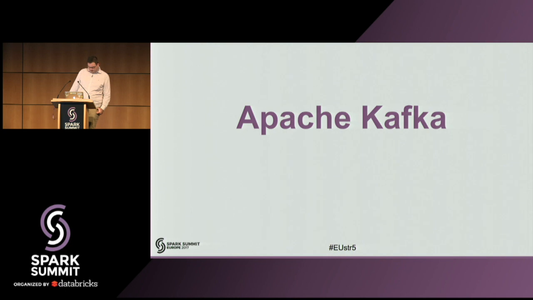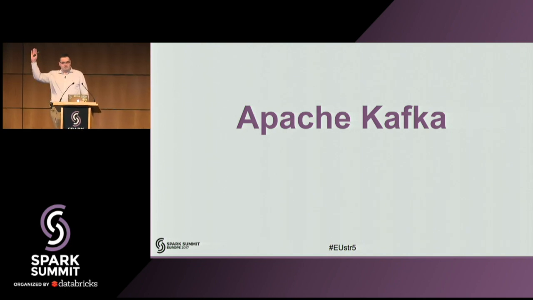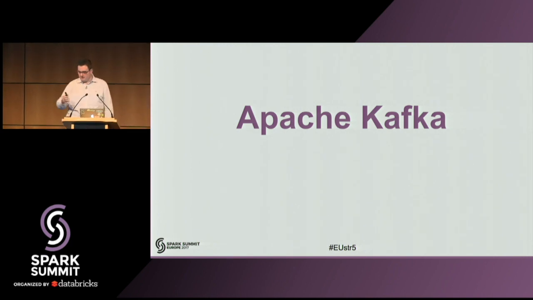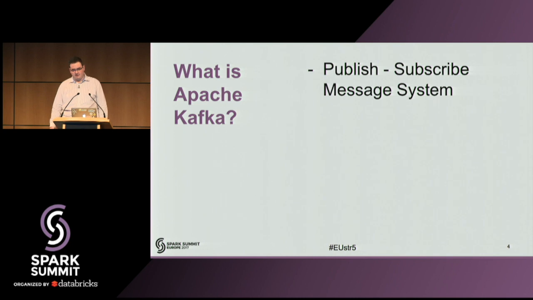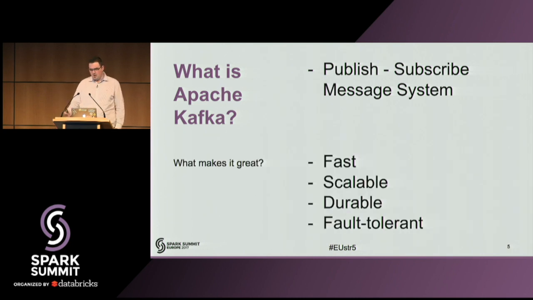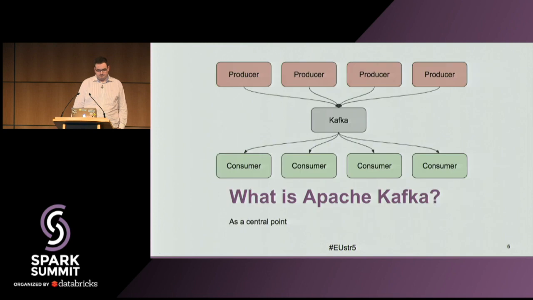Well, Apache Kafka. How many here have used Apache Kafka in production? Okay, good numbers. Maybe the next part will be a bit boring. Although Apache Kafka has evolved during the years, and right now, thanks to Confluent, it has become a distributed streaming platform, in its guts it's still a publish-subscribe message system. But what makes it great? Other systems can do that, but what makes Apache Kafka great and unique is its scalability, fault-tolerant capabilities, and retention system, and also that it's blazingly fast.